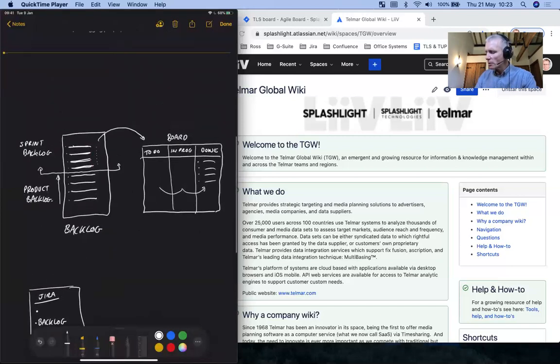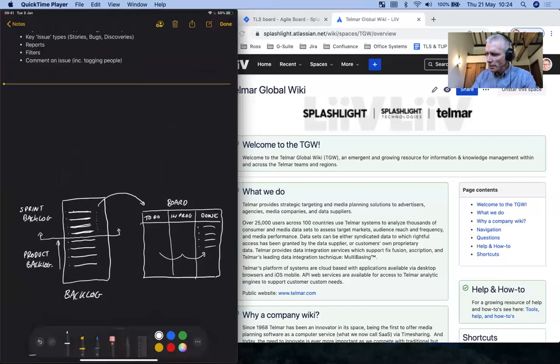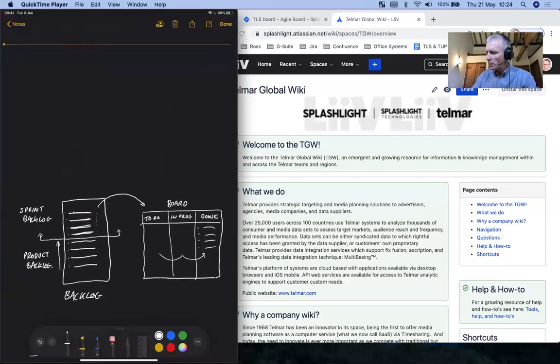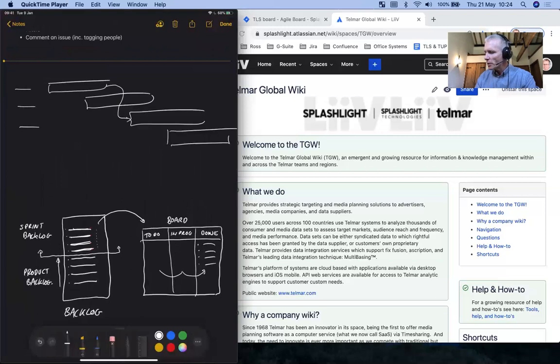Something that Agile doesn't traditionally do is provide anything like a Gantt chart. For those that don't know, a Gantt chart is one of these things that looks something like this. You might have dependencies like this, tasks or work packages. The wonderful thing about a Gantt chart is we get to see the shape of a project over time. So when are these things going to get done? Now, Gantt charts are central to waterfall development and any waterfall project.